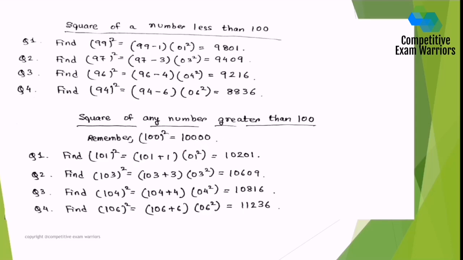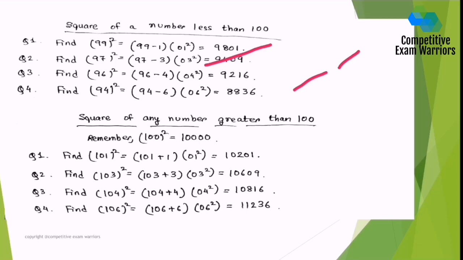Square of a number less than 100, you need to find out, suppose 99 square. How will you find it out? Similarly, like the 50 example, it is almost similar but not exactly similar. You will find out the difference also. It's 1 unit less than 100, so you need to write 99 minus 1. Since it is 1 less than 100, it will be 99 minus 1, and the next one will be as usual 00 plus 1 square, so it will be 9801. Similarly, if you find 97 squared, it's 3 less than 100, so 97 minus 3.